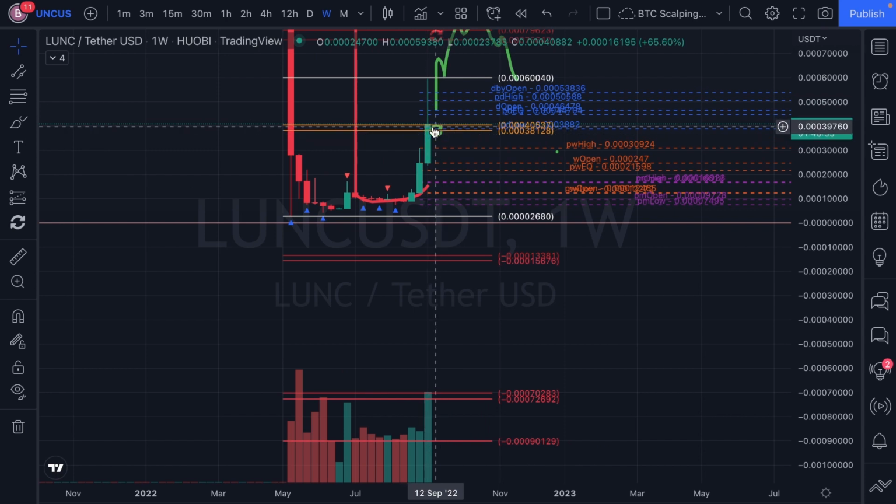Now you're waiting to add back to your long. You could take a long here as a scalp with a stop loss underneath. That's what I was saying, because we were short. This is where I wanted to take the long. Now you can ride that